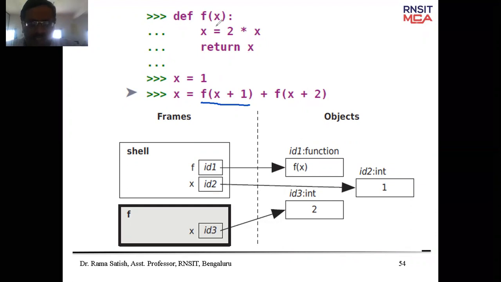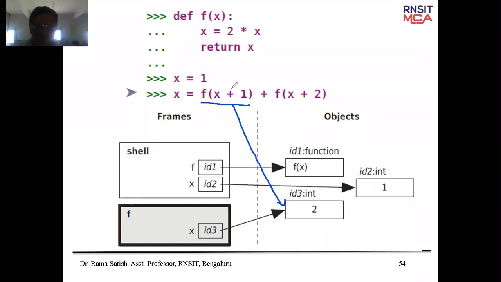So the variable x inside the function is created, it is called ID3, and it gets the value 2 because x is 1, 1 plus 1 is 2. The same value that has been recorded here is shown here.